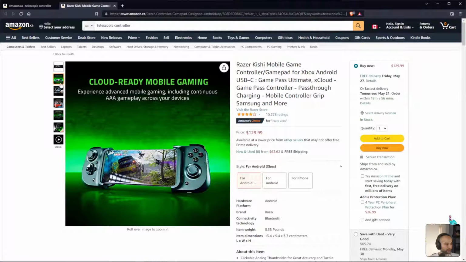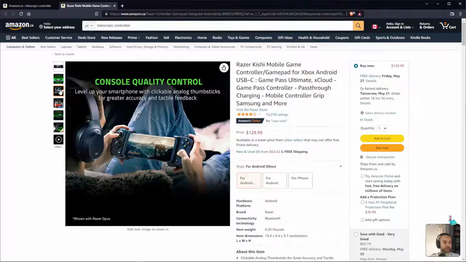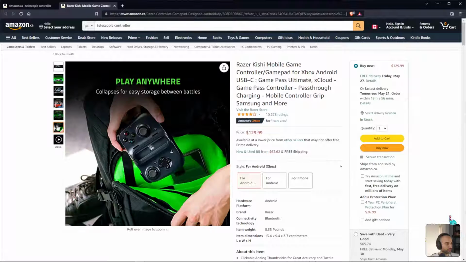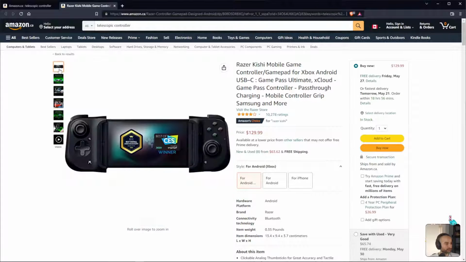It comes from a big name brand, Razer. I don't know if that means anything. To be honest, I have not used one of these before, and I would like to give it a try, but I don't know. We'll see. But that's down the line. But these are the things that I consider when I say controller support, right?